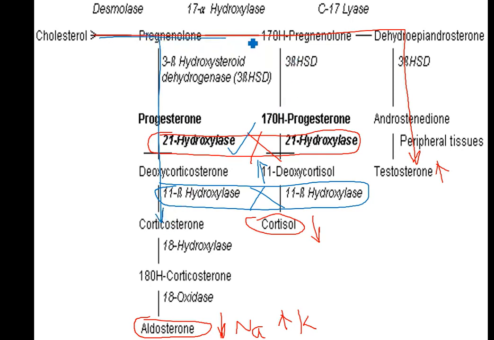But here cortisol is not produced. This will lead to a state of salt retention. So in the case of 11 beta hydroxylase deficiency, the clinical picture is hypertension, but in deficiency of 21 hydroxylase, both cortisol and aldosterone are not present, leading to hypotension. So you have to differentiate between these conditions that lie under congenital adrenal hyperplasia.